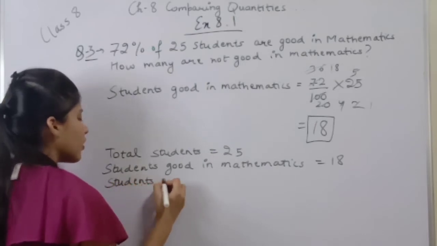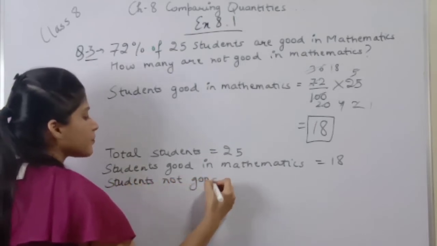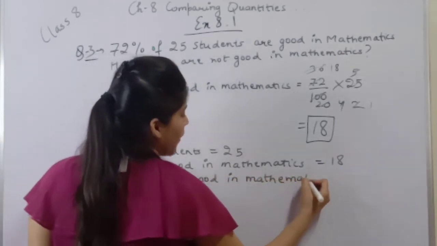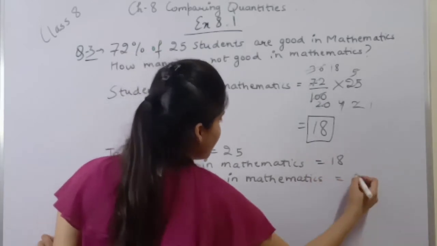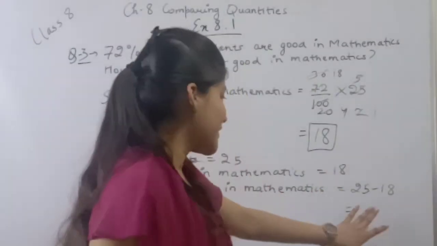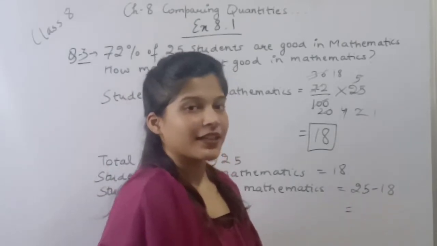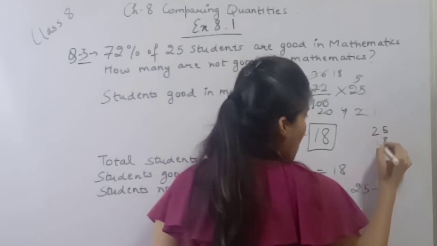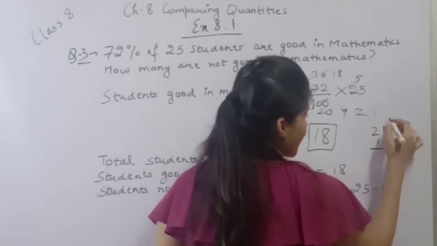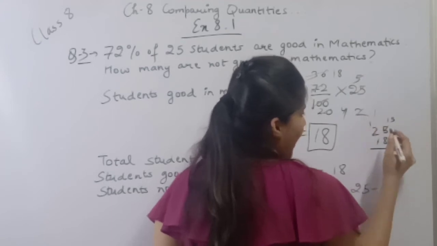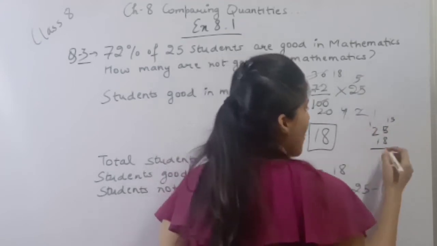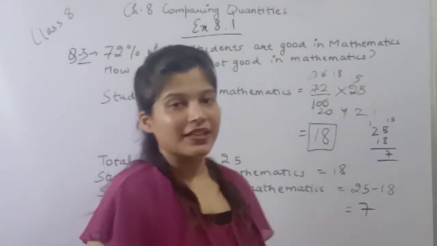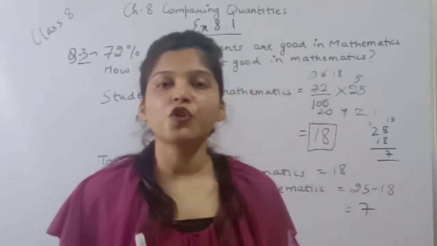So students not good in mathematics equals to 25 minus 18. 25 minus 18 will give us 15, and 15 minus 8. This is 15 and this is 1, and 15 minus 8 is 7. So it means 7. So students not good in mathematics, the number of students that are not good in mathematics